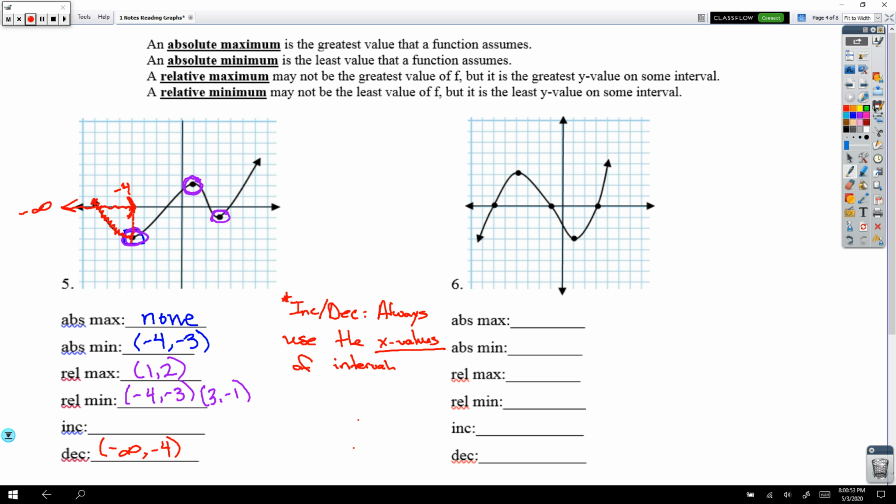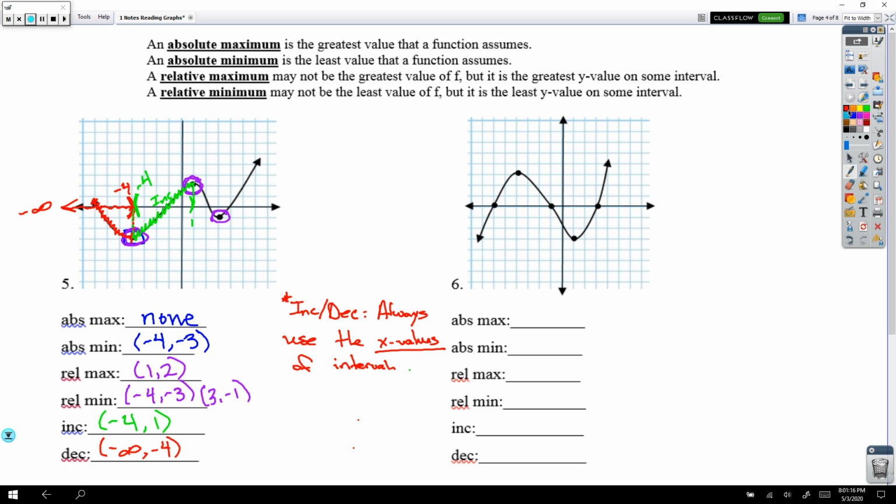Now, as I continue moving, I'm going to be increasing from here to here. So again, bring it to the x-axis. So from -4 to 1, I am increasing. So -4 to 1,